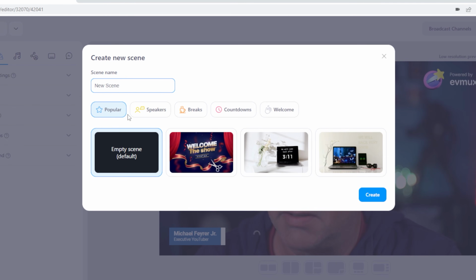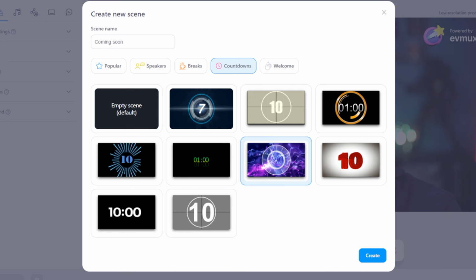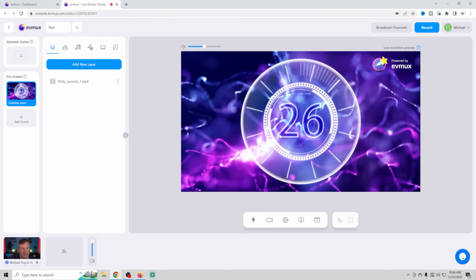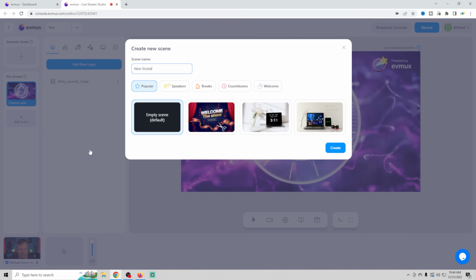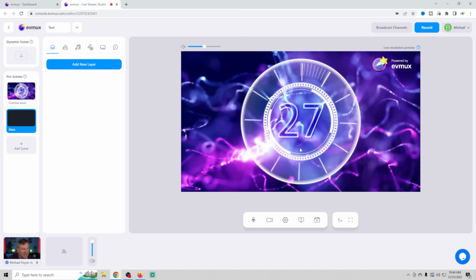So we can just add a scene here, and we can call this scene coming soon, and we can just set it up with a simple template or something like that. Let's put in a countdown. So this would be something that we would switch to immediately when we're starting. We can add new layers to it and all that kind of stuff if we want, but for now, that's our initial countdown. Then we'll do a main scene, and we're just gonna use an empty scene for this,